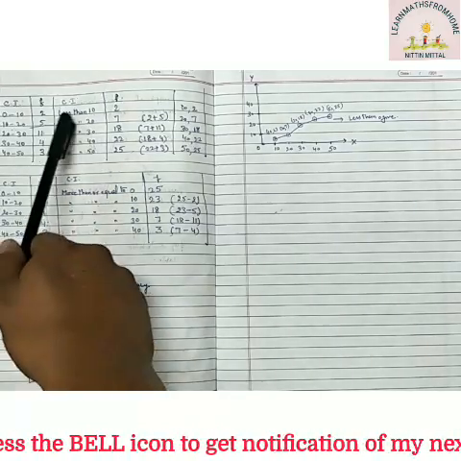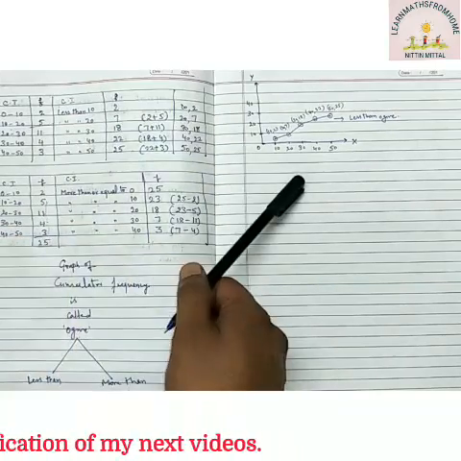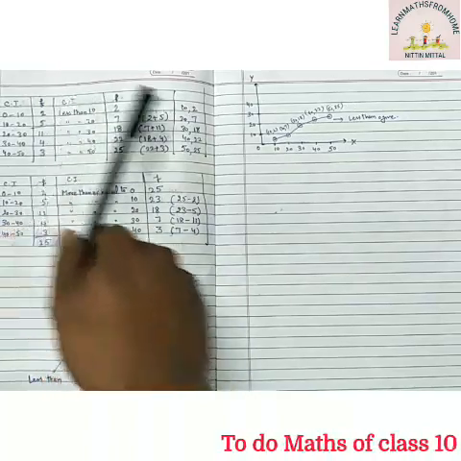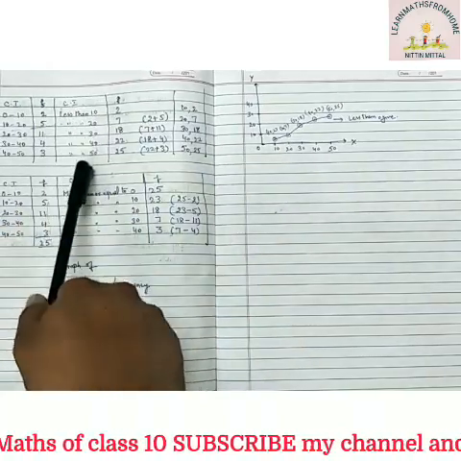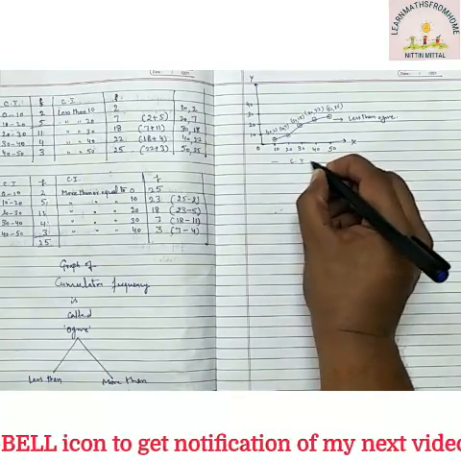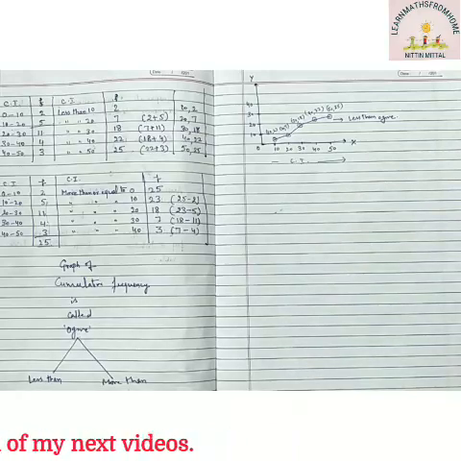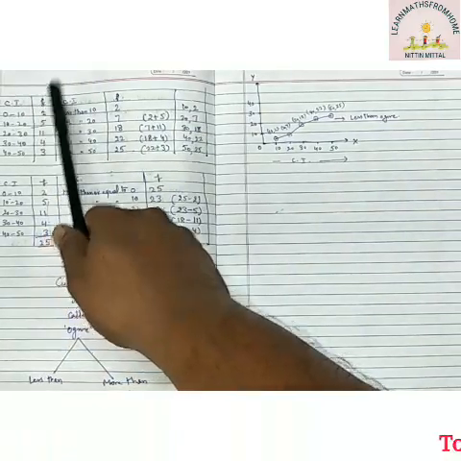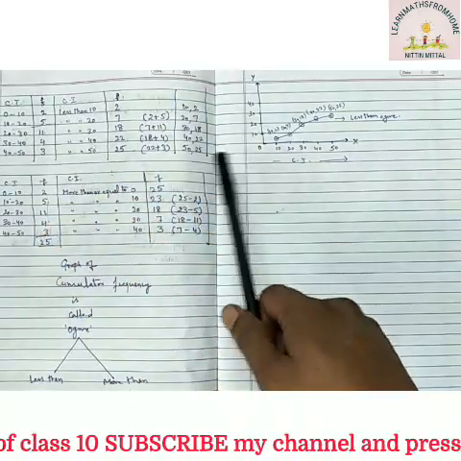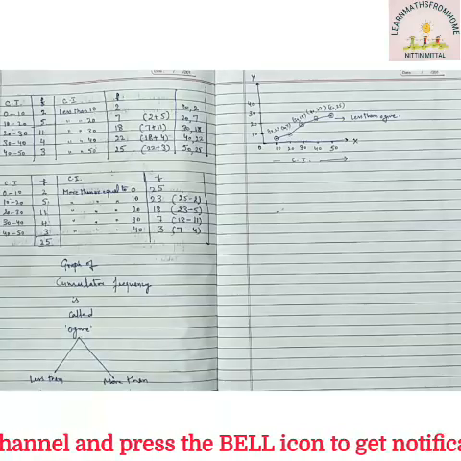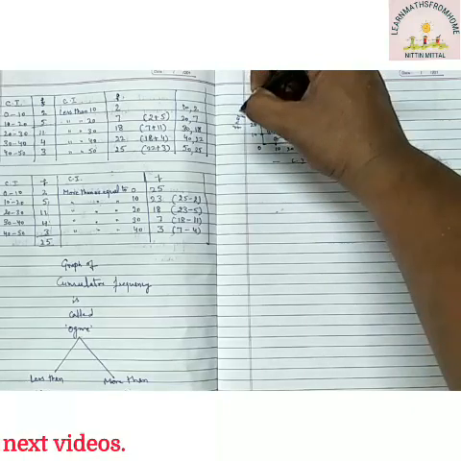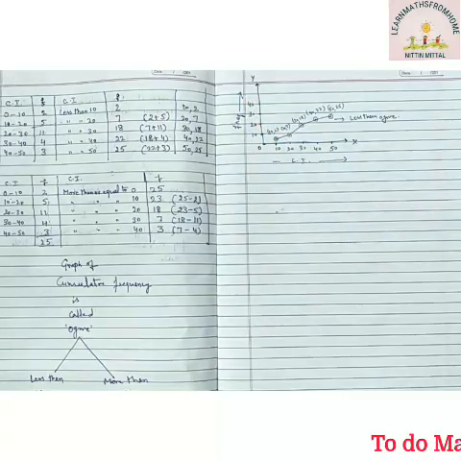Now important parts: you must label the x-axis and y-axis. So what is the heading? Here I have written class interval, so we'll write class interval. If here heading is ages, we'll write here ages. If it is marks, we will write marks. So whatever is the heading of this column, we will write on x-axis. So here class interval you must mention, and here suppose we have number of students, so we will mention on y-axis number of students. If it is number of people, we will mention number of people. Whatever is heading of frequency column, that same we have to mention here. So here I am writing frequency because I have taken this name only, right?